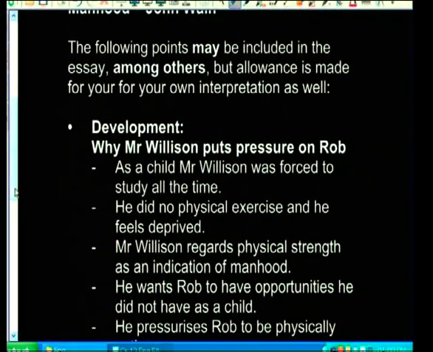Let's look at the development. What are some of the points you'd keep in mind here? And there are many points. You don't have to have all these points, all right? You can choose the most appropriate ones to write. Remember, you've got to write the essay of between 250 to 300 words. And remember the time constraints that you have as well in an examination. There are many other questions that you need to answer.